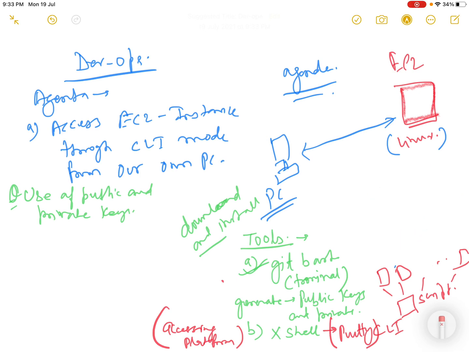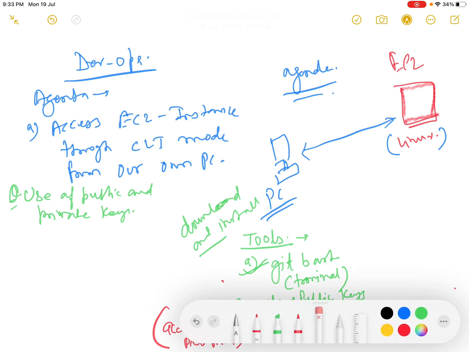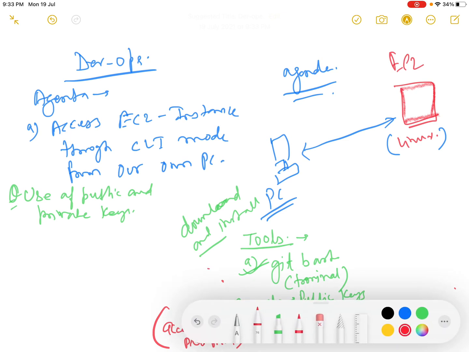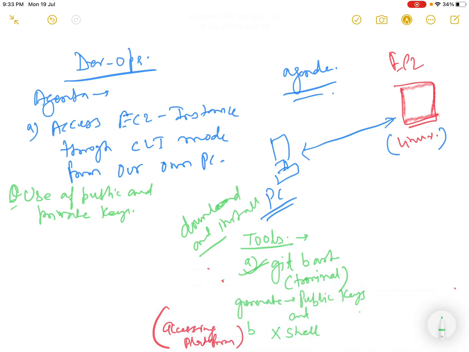This is the theoretical part; practically, we will also see how we do this. So these are the two tools, or software, which we have to download and install on our PC.